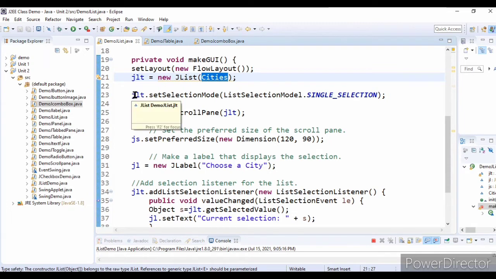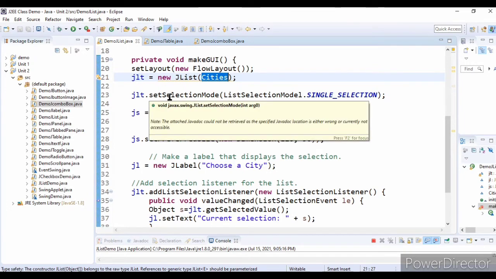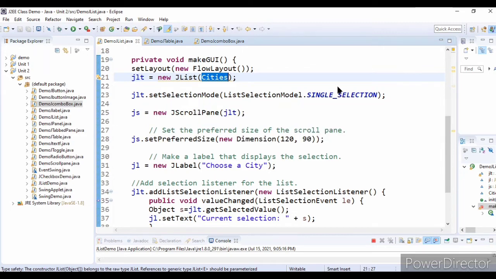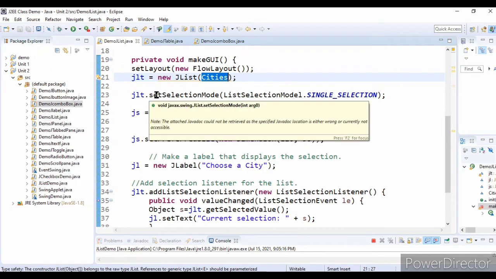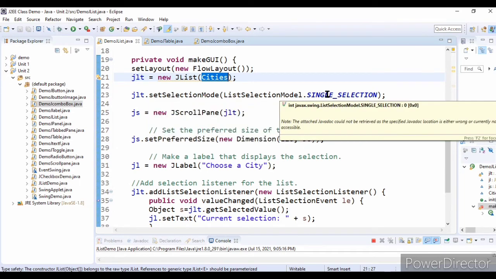Next I am setting the selection mode of the JList to single selection, which means at a time only one item we can select from that JList. That setting we do by using setSelectionMode. We are setting the selection mode to single selection.